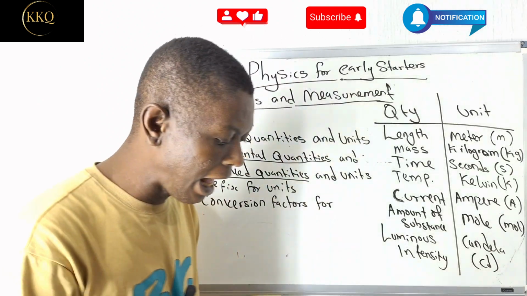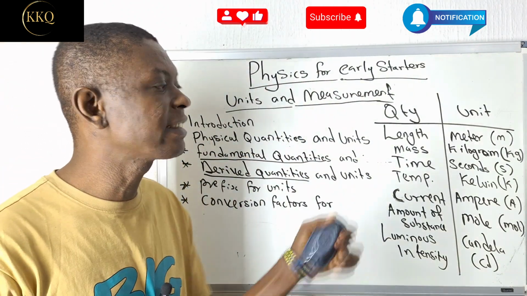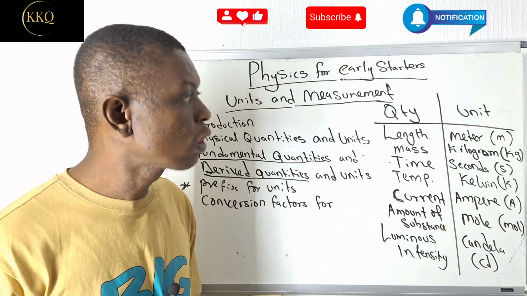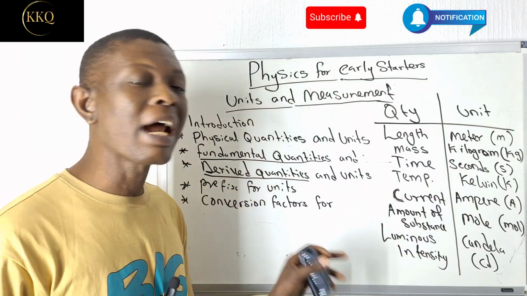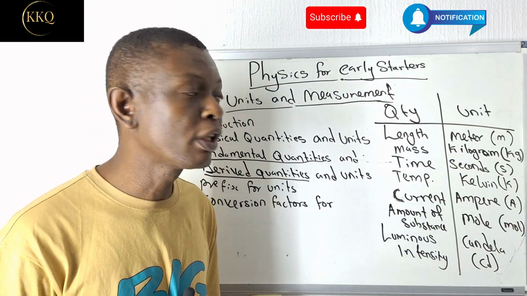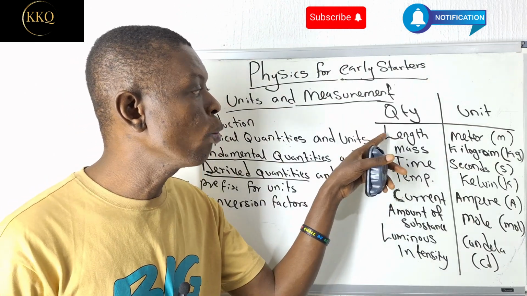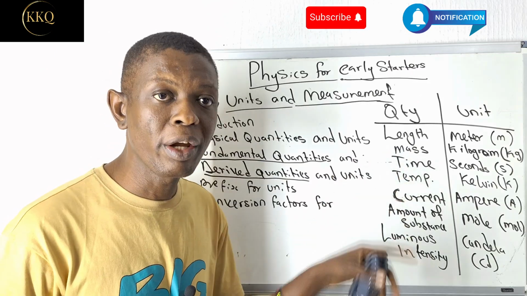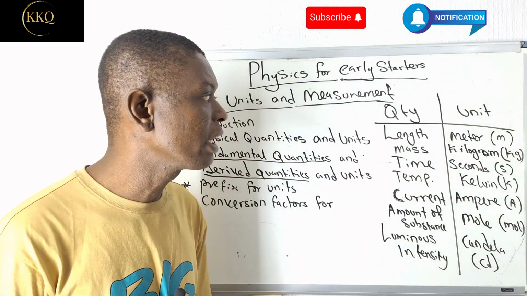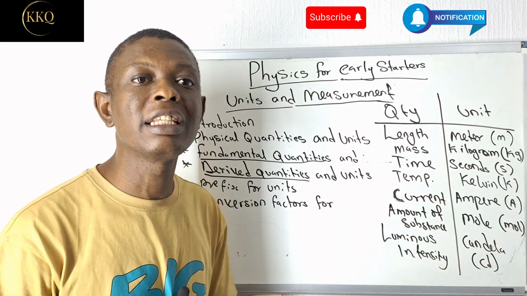All right, so these are the fundamental units, which are the basic units from which other units are gotten. So it simply means that derived units are units gotten from the combination of either 1 or 2 or 3 of these fundamental units. We all know this fundamental quantity, length, is used to measure what? The distance